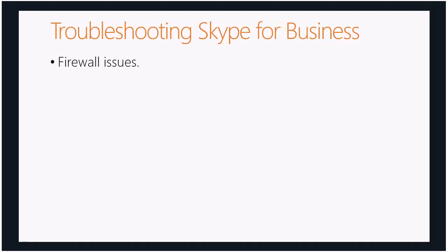Skype for Business. Typically, the main issue we see around Skype for Business are firewall issues, so make sure that the ports are open. Generally, they are. We have seen issues that when you initiate a Skype for Business meeting, it actually sends a small exe file through to commence the sharing process. Sometimes that exe file can get basically held up by the firewall. There are troubleshooting KB articles on that,